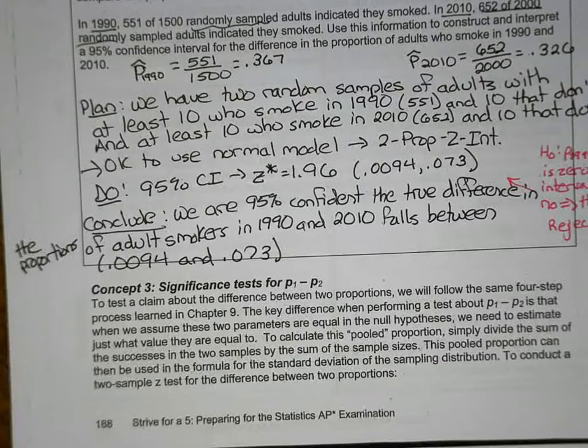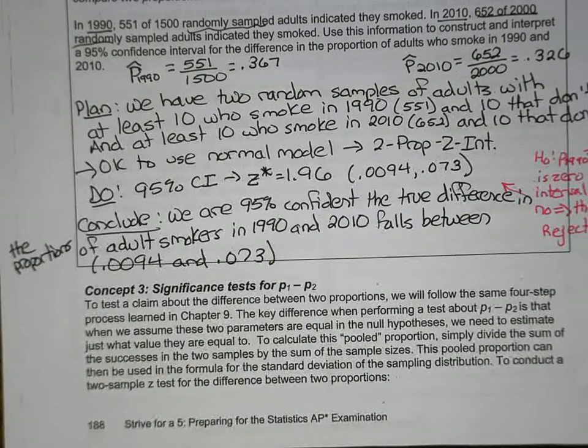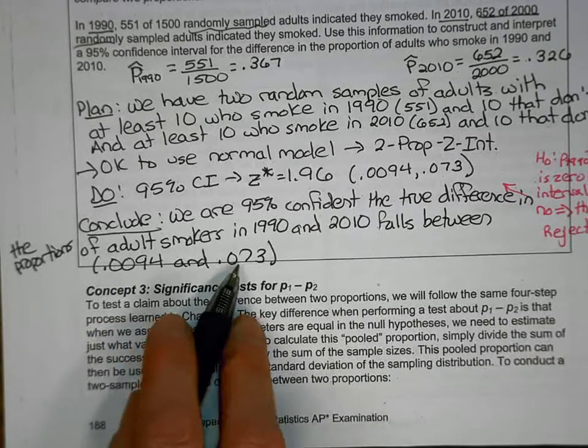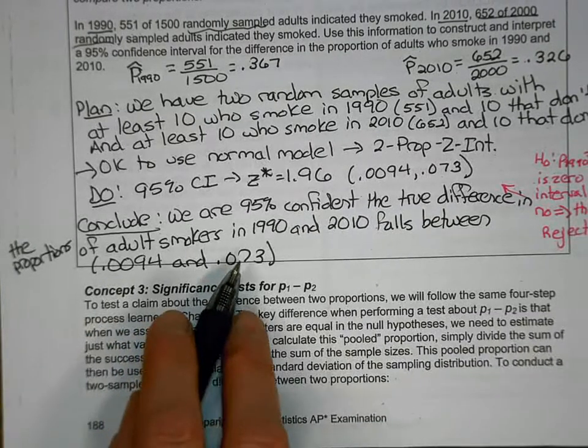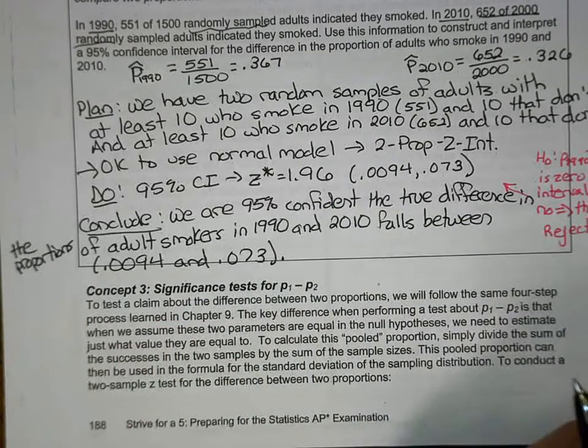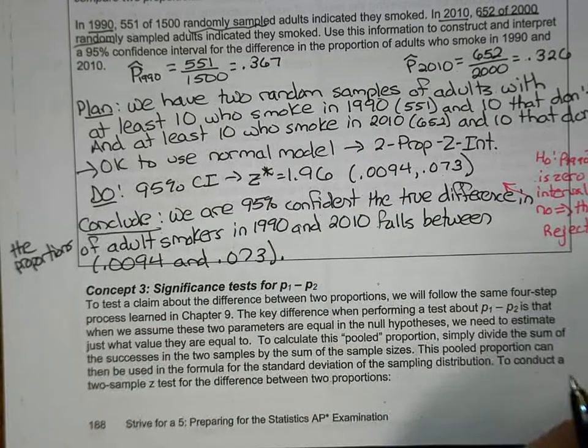And if you look at the values and how we subtracted, p-hat 1 was 1990, then there were slightly more smokers in 1990 than 2010, and about 0.9 to 7% more smokers in 1990 than 2010 is what that really means in context. However, we don't need to write it that way for the AP exam. All right,